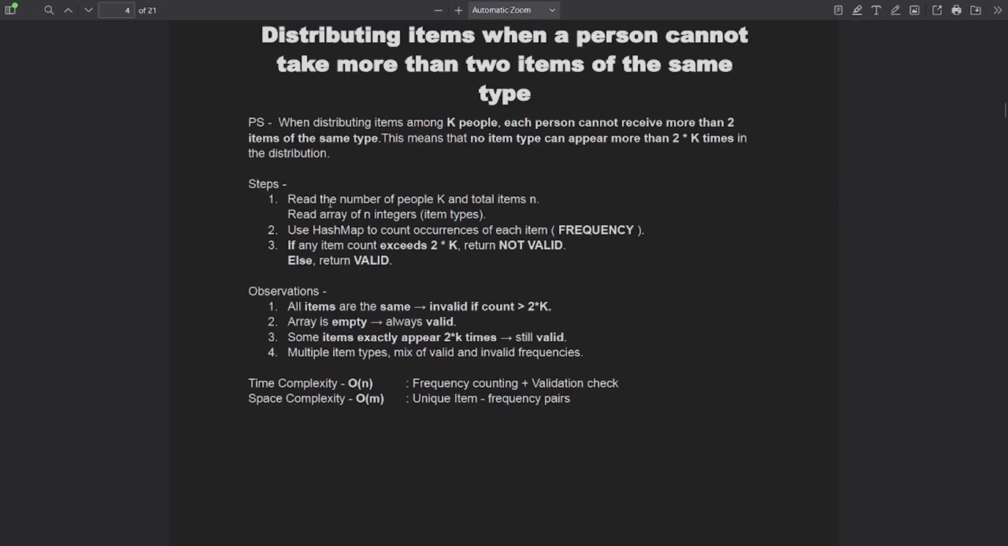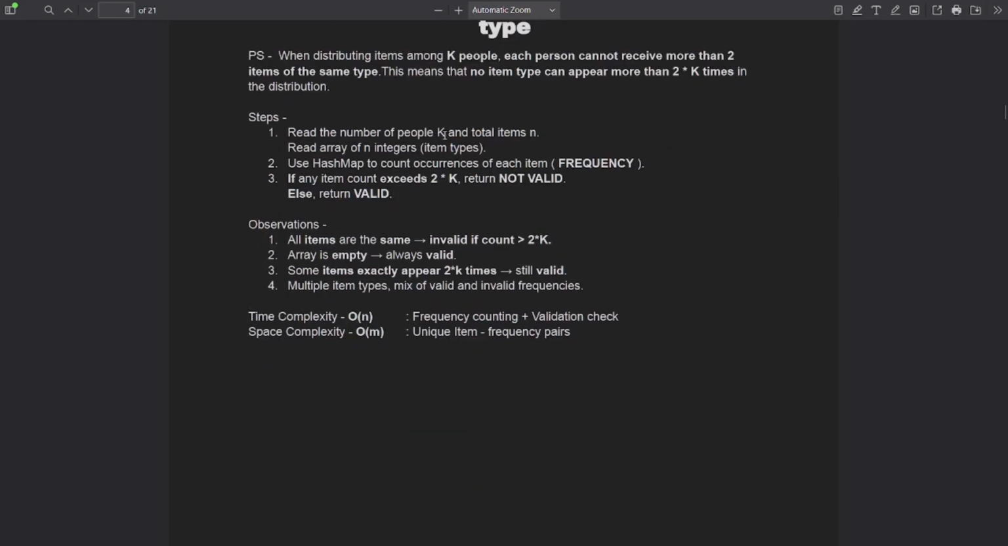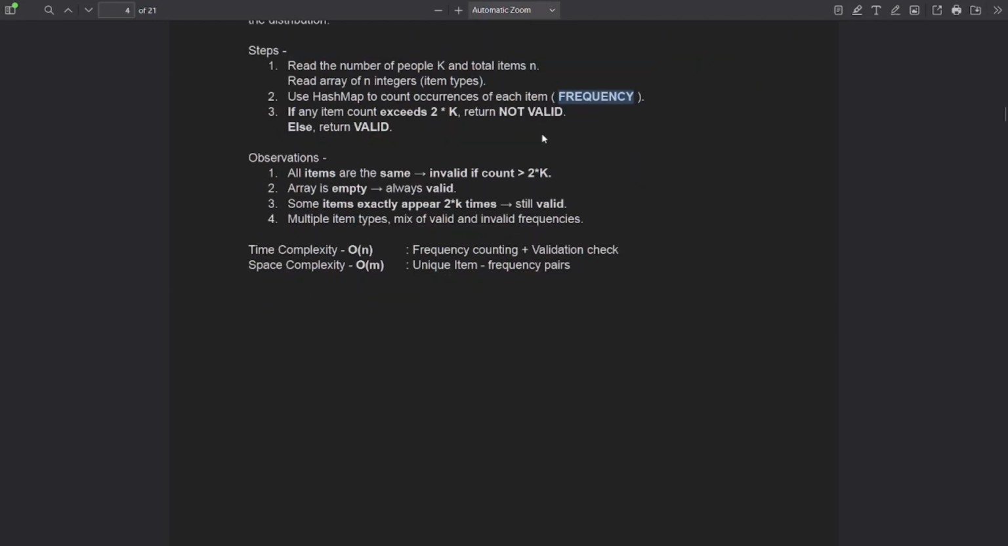So what we do is we read the input: people k, total items n, then the array of n items. Then we do a frequency calculation of the items. And during the frequency calculation, if there is an element whose frequency is more than 2k, then we say it's an invalid case. The observations are very important. If an example input is given and they ask to check whether it's a valid case or not, from an MCQ point of view,